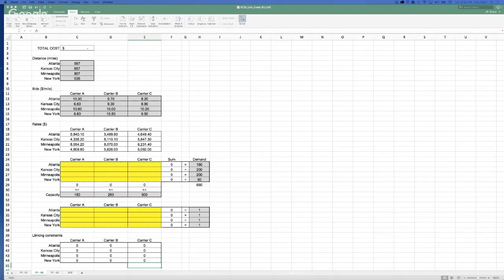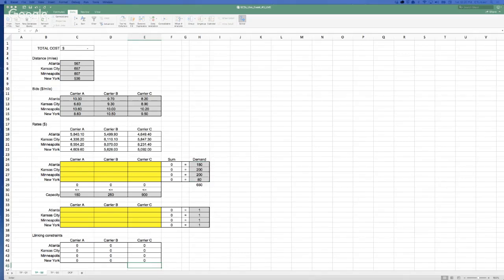I'm going to be adding constraints, starting with the constraints that we had before. First one is demand. So these cells should be equal to the demand that we observe for the different lanes. Okay, that's done.